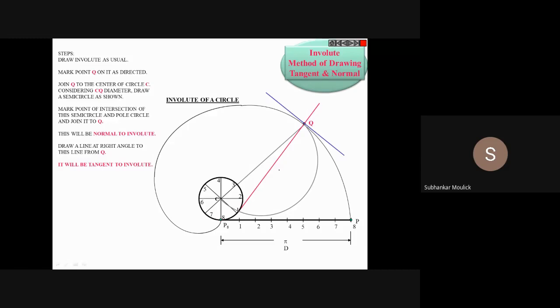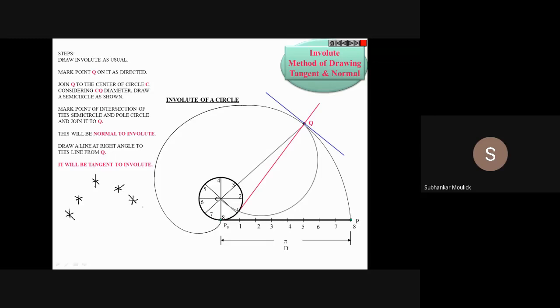If you see, there are a total of 5 French curves available: French curve number 5, number 6 and number 7. How to draw? Assume that this is point number 1, this is point number 2, this is point number 3. If you see these 3 points, they do not form a straight line. They form some curved geometry. Or you can take some more points, say one more point, one more point. They form some curved geometry. How will I draw? Then you have to play with the French curve. It is a hit and trial process.